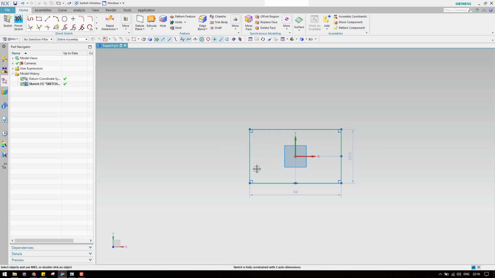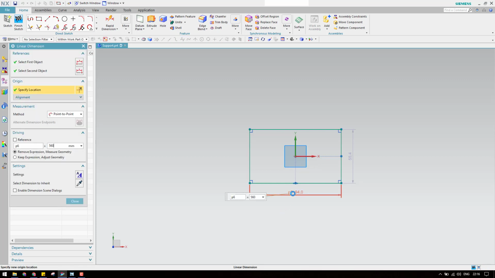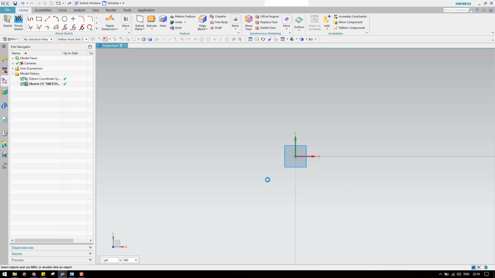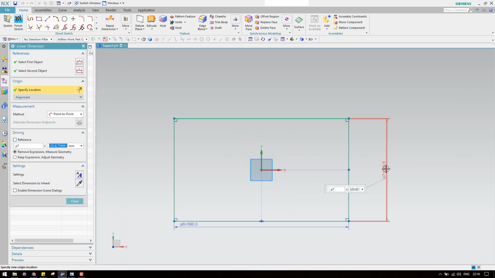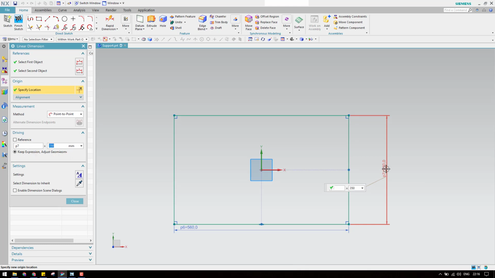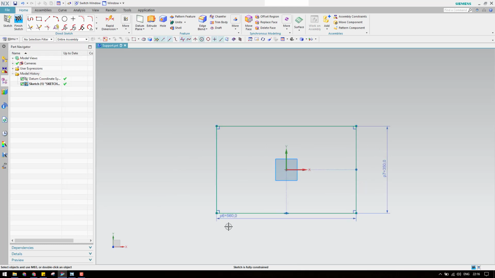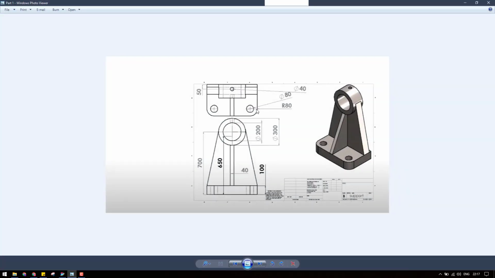Now what I'll do is I'll make this 560 and this 350. Now this is completely constrained. As you can see here, there are some chamfers as well as a hole.